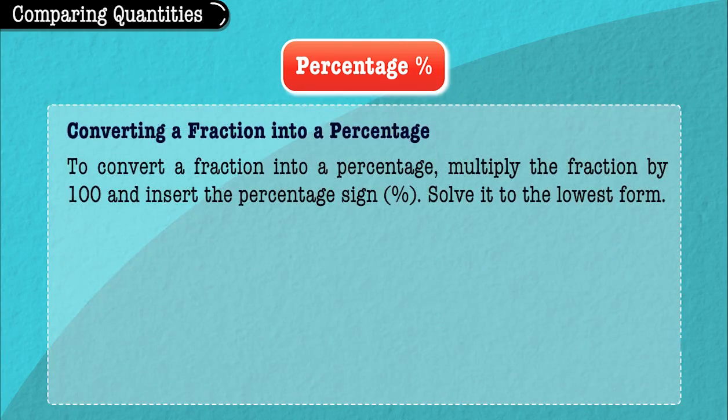Converting a fraction into a percentage. To convert a fraction into a percentage, multiply the fraction by 100 and insert the percentage sign. Solve it to the lowest form. Example: